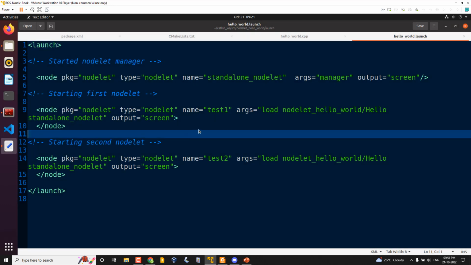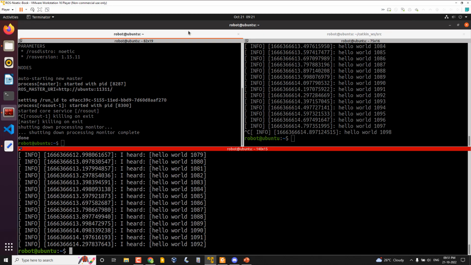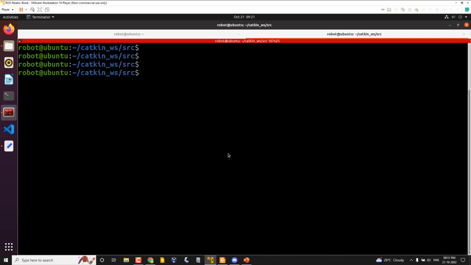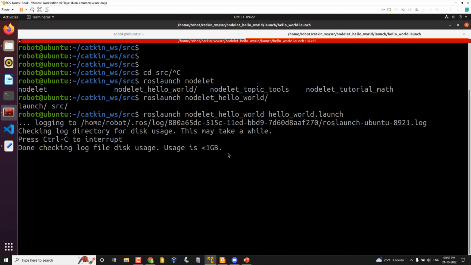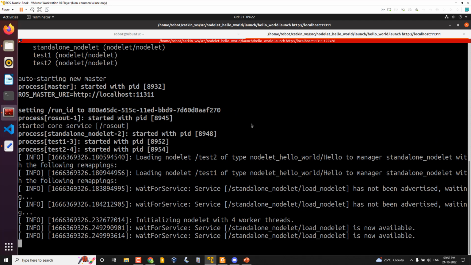Okay, so maybe I can show you a demo, and then I will explain the code again and the launch file. Let me load the Nodelet. So roslaunch nodelet_hello_world hello_world.launch. What is happening in this launch file is that we are starting the same Nodelets in